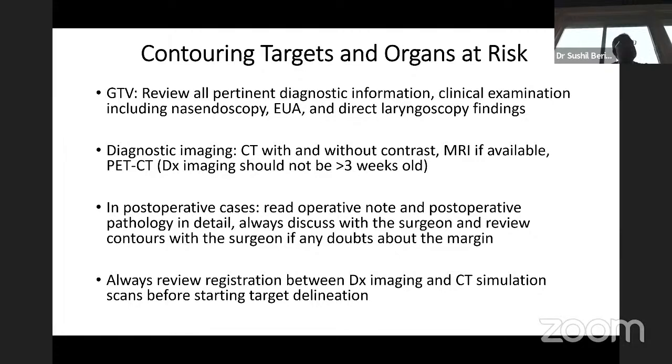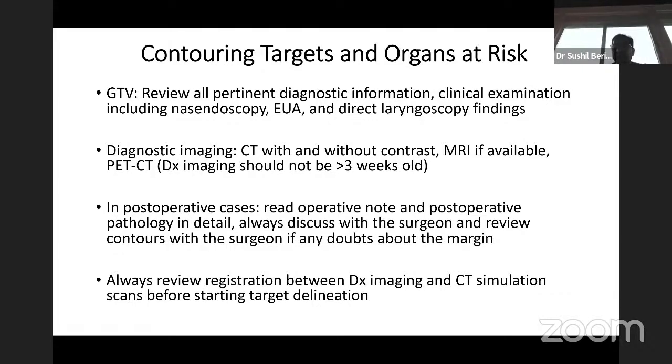When they looked at pathological studies comparing the size of the GTV with the surgical specimen, it usually corresponds to about 40% of the maximal SUV as your GTV. So it's important when you are defining your GTV on the PET scan, you window it appropriately. In post-operative cases, it's important to read the operative note and post-operative pathology because that's the hardest to define. And if you're using different diagnostic imaging, you need to make sure your registration is correct. If the registration is not correct, then your GTV and CTV can look whatever you want them to look.